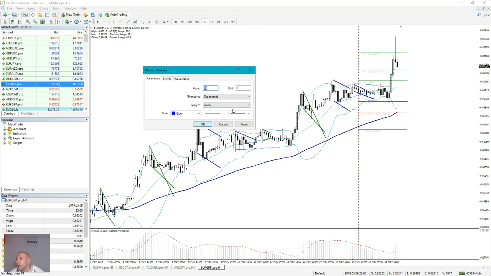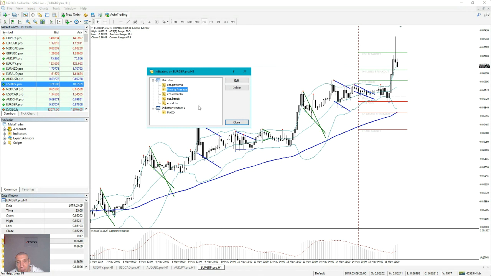Okay, so that is why you should focus now on this. This is very, very important. 89 exponential, because you want to see T89 and Marubozu rejections of the EMA 89. Next